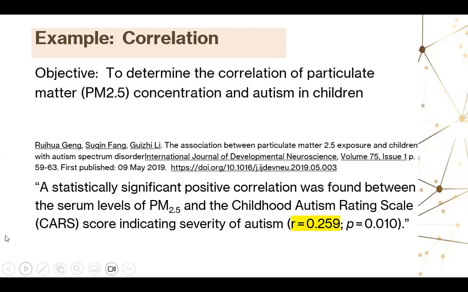So you see that you're comparing number to number. You cannot do correlation, let's say, if the PM level was reported as a number and the childhood autism was reported as present or not present. That's more for an association objective. But this one is number versus number, so it's correlation. So how is it done? The sample size calculation.